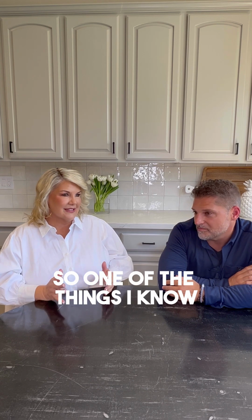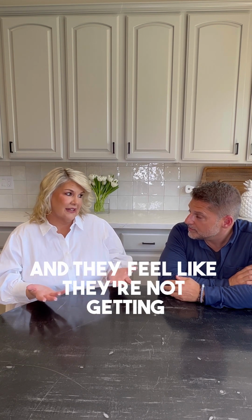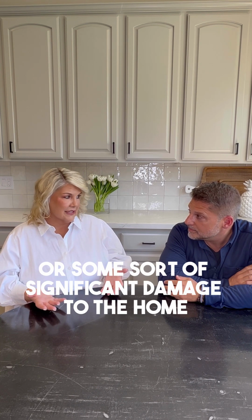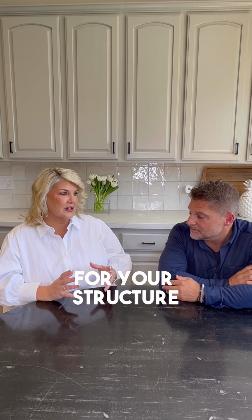So one of the things, I know we have some clients that have bought some homes for cash and they've gone to get homeowners insurance and they feel like they're not getting adequate insurance should there be a fire or some sort of significant damage to the home. So how do you really ensure that you have the right amount of insurance for your structure if something were